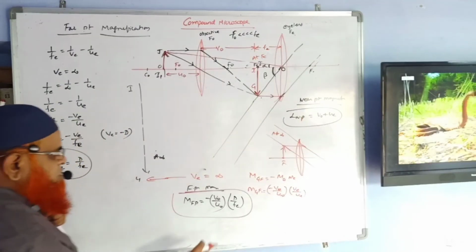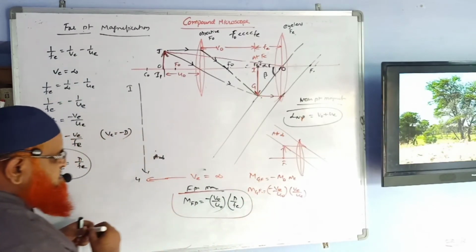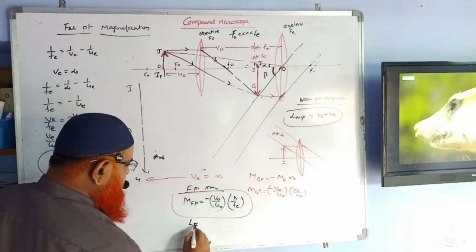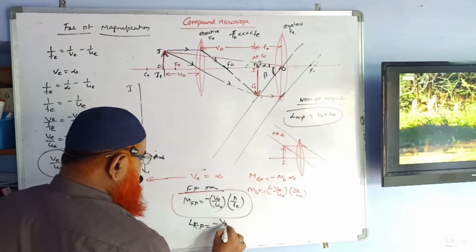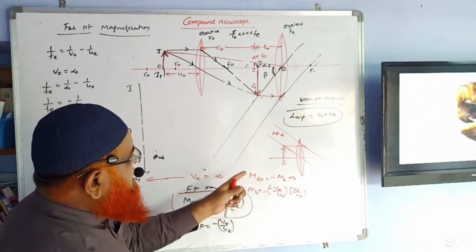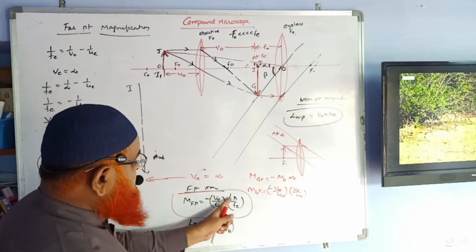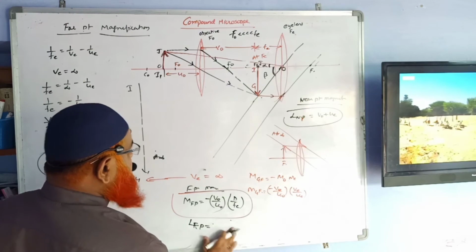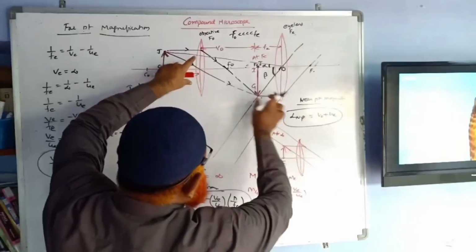So what are you going to write now? Let us see. Here, length at near point is over. Now, length at far point is going to be minus V naught by U naught is going to be same here, but D by FE is going to change here. Now, what is the length at far point? How are you going to write now? You know, length of the microscope is nothing but the distance between the two lenses.